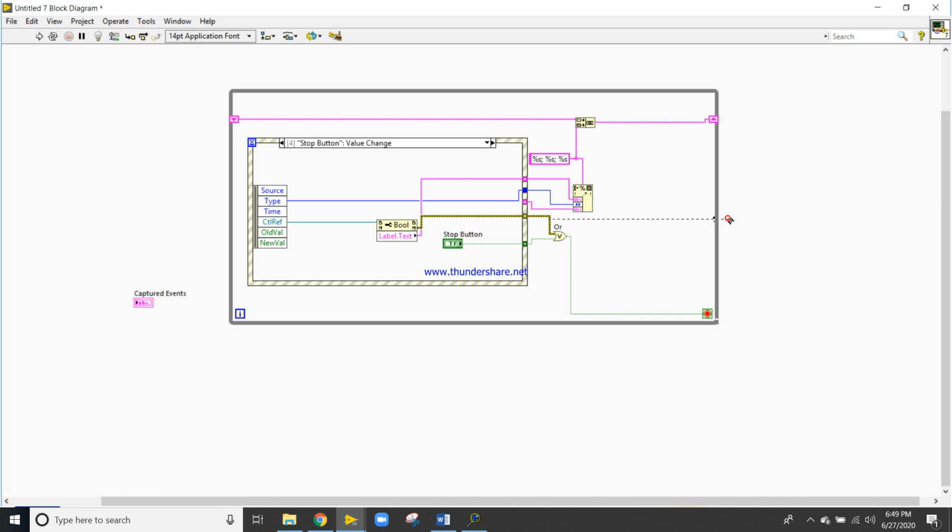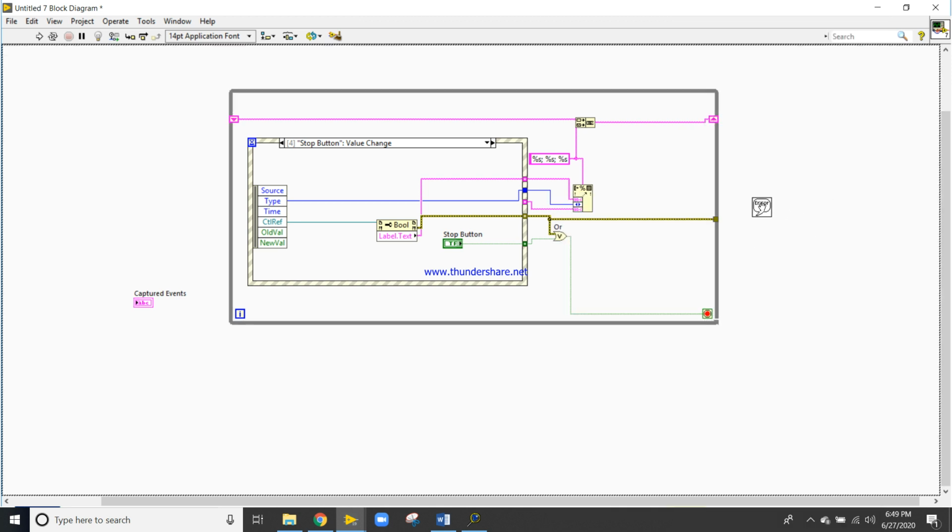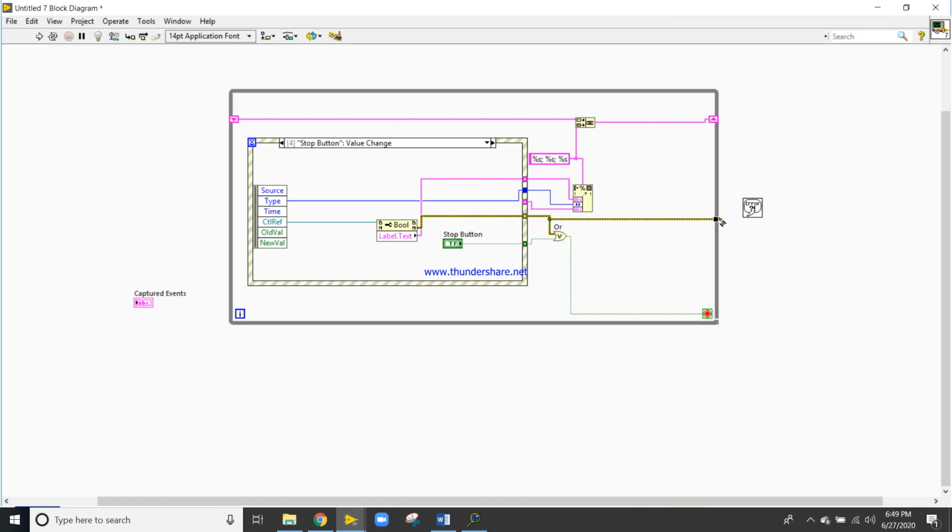If any error occurs, the simple error handler will display the error. Okay. Now I need to connect this one here.